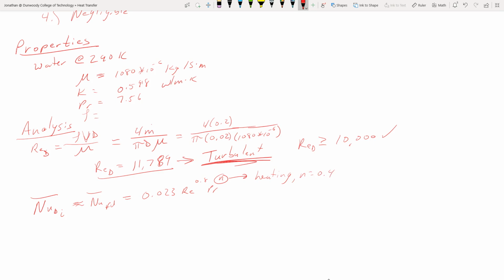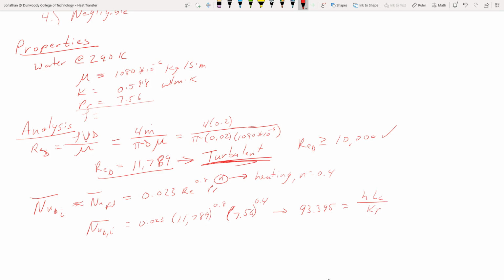So filling that in, I have my Prandtl number up here. I just calculate my Reynolds number. 0.023, 11,789 to the 0.8. Prandtl number was 7.56 to the 0.4. All of that gets me 93.395 for my Nusselt number,